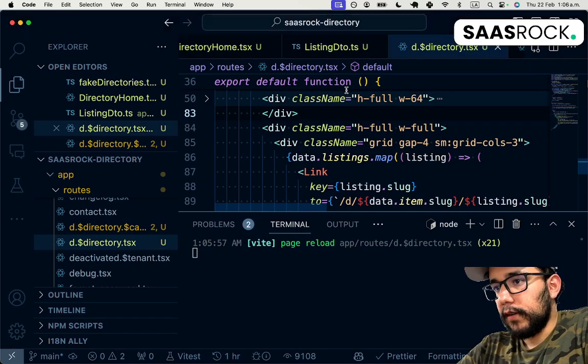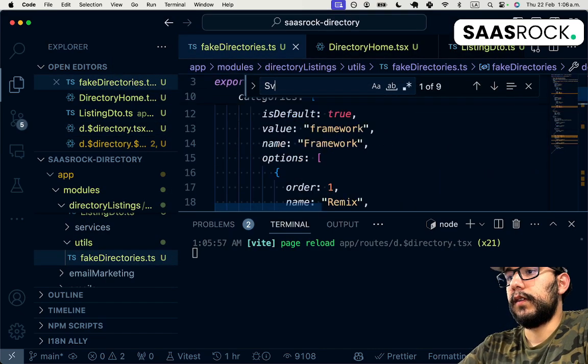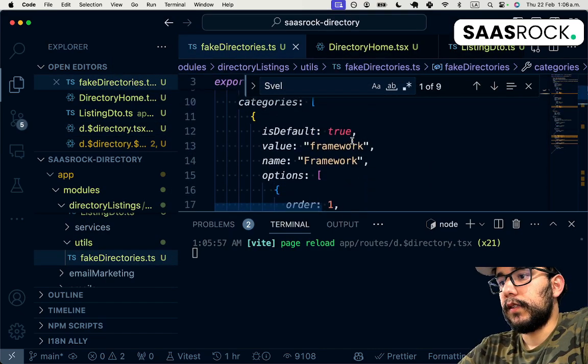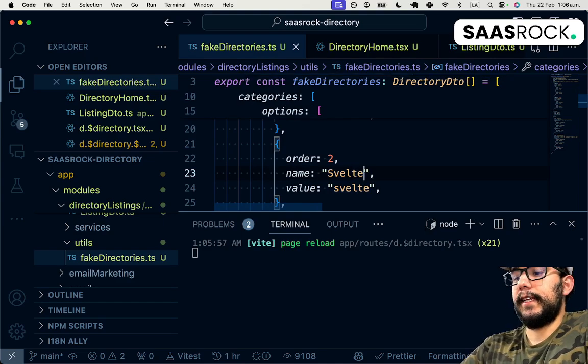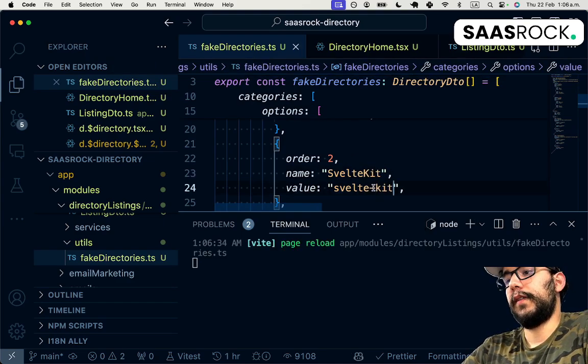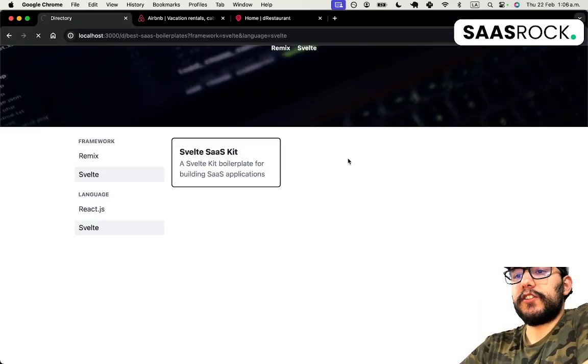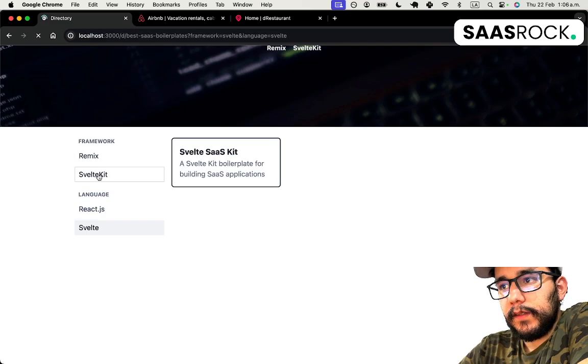Well, the framework is SaasKit, and I think it's together like this. Well, but it looks better with a dash. So let's try again. SaasKit with React